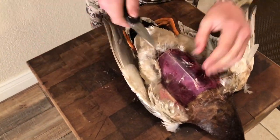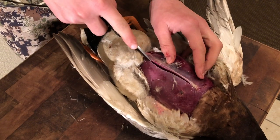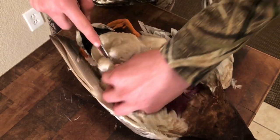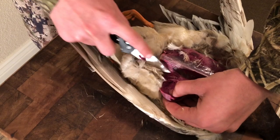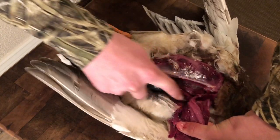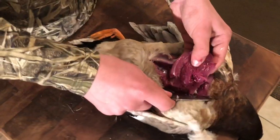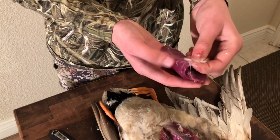Now, I just take my knife and I go right on the edge of that breastbone right there. So I cut it down. That wasn't a very clean cut, but that's all right. So I cut all the way down until I hit bone. I just grab that right there, cut the rest. I just fillet that off right there. I didn't get all of it, but I got the majority of it, and then the rest is just little stuff that doesn't matter too much. Then you got a nice little breast right there, and I'm going to do the same thing to the other